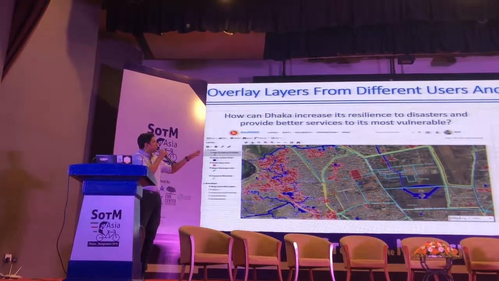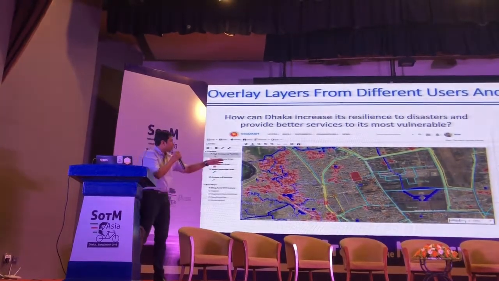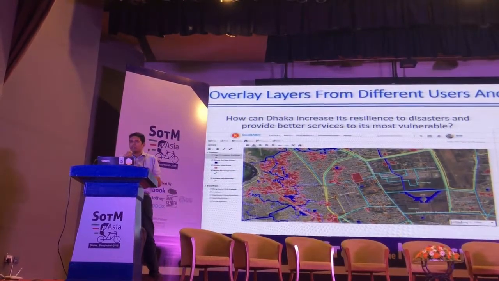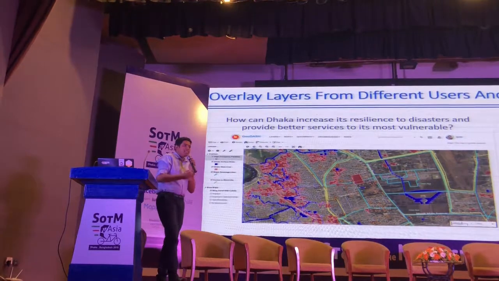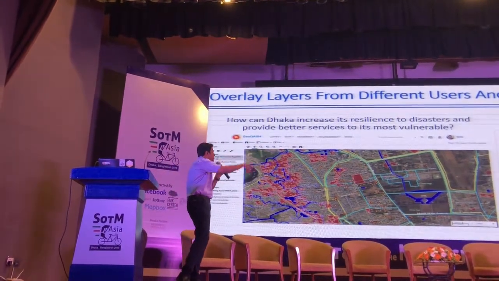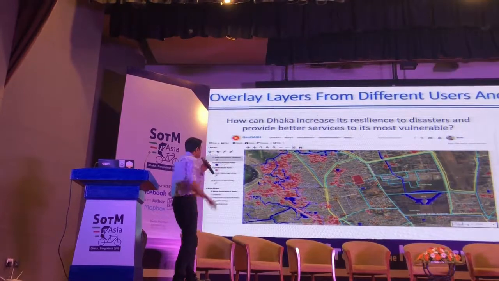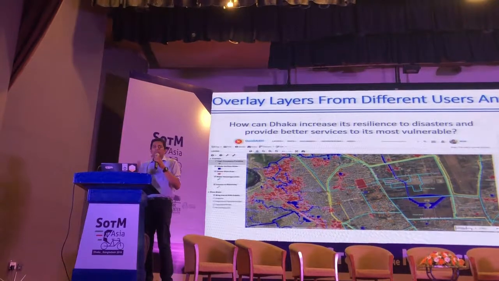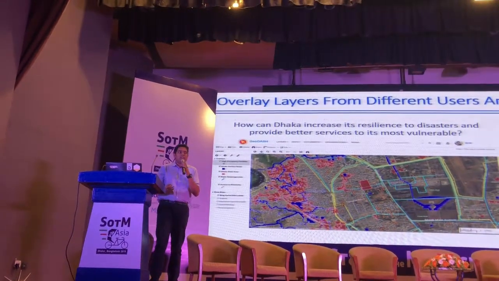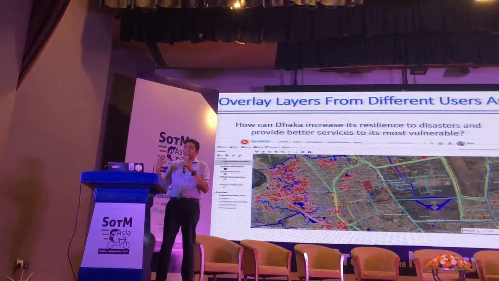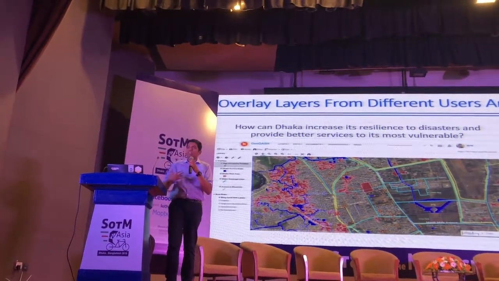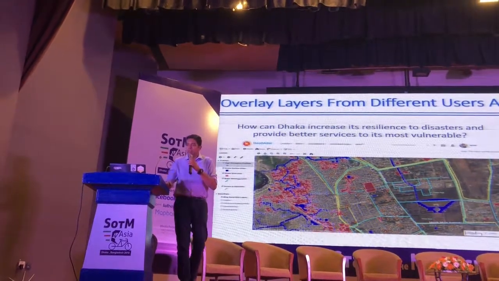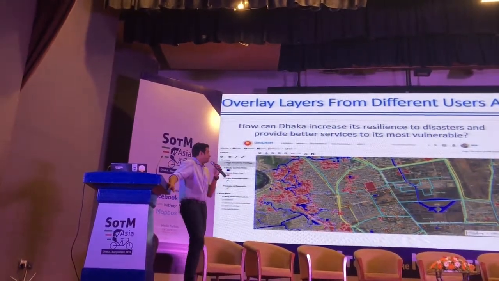So where are the data sources? You can see Rajuk, Dhaka WASA, VI, World Bank. I have used four platforms' data. So easily you can access four organizations' data, use it, and create your own maps. Isn't it great? Especially for students and for organizations who are working with ArcGIS, QGIS, shapefiles. Even if you don't have ArcGIS installed on your laptop or desktop, you can easily create a map.